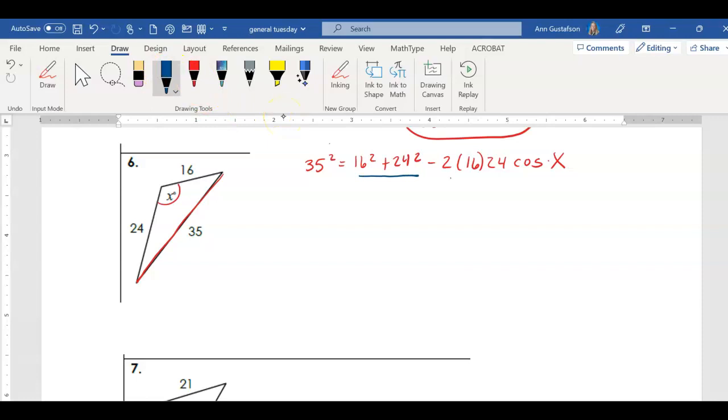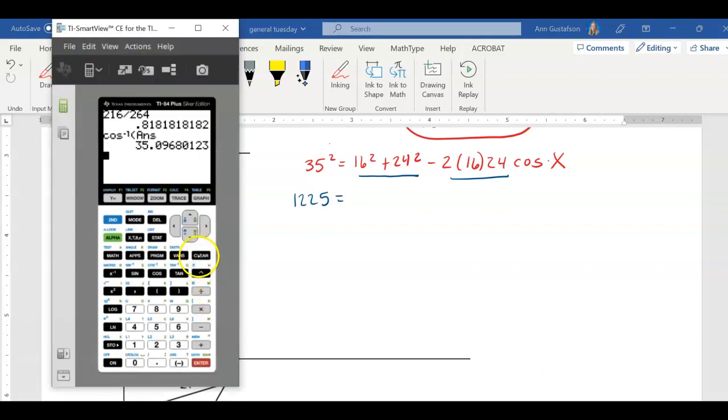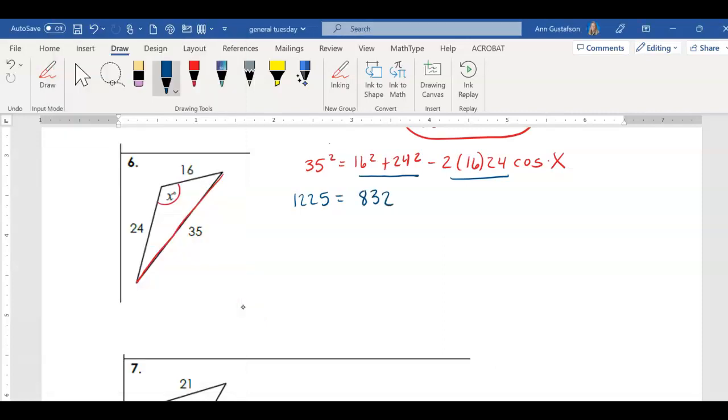We have to break up our chunks. So 35 squared is 1225. 16 squared plus 24 squared gives me 832. And if I do 2 times 16 times 24, try that, and you should get 768. So we want to subtract 832 first. And that leaves us with 393. This is gone, and we're left with negative 768 times the